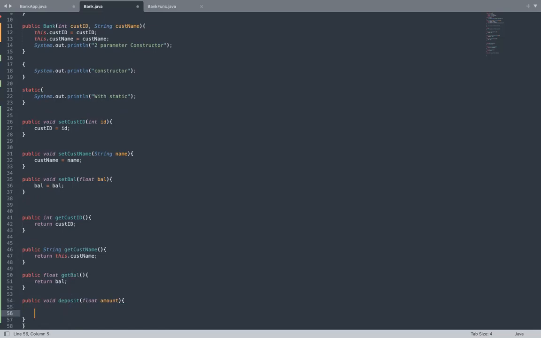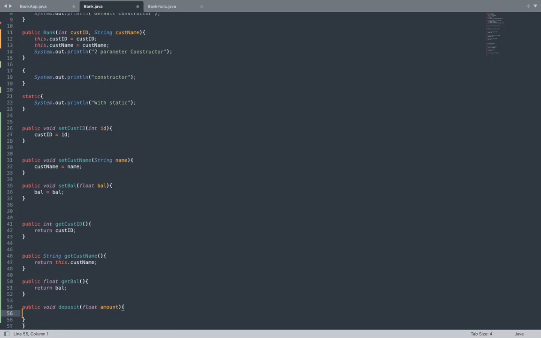So see, you need to do some condition. My amount is a right value, only then I can perform my action. If my amount is 0, I can't consider it as a deposited amount, right? I need to give a check there. So how can I give that check? We can use if condition. Yes. So what can I give in the if condition? Amount is greater than 0.